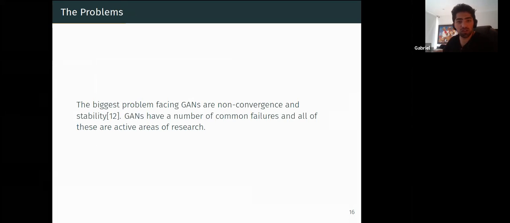Mostly the non-convergence issue and the stability issues. Sometimes the GAN, mostly the generator, gets stuck somewhere, and it doesn't provide any meaningful images. And even when it's converging, sometimes it seems as if it's going to converge, and then we lose all the progress suddenly because the network just gets out of control.